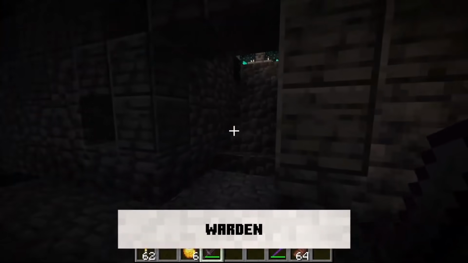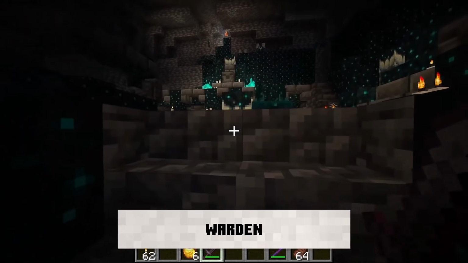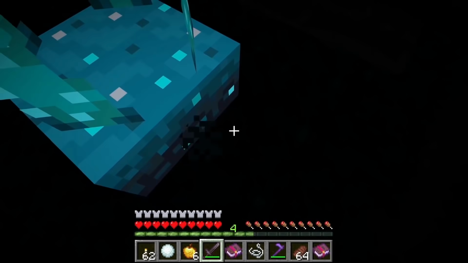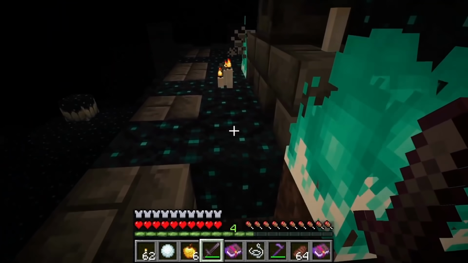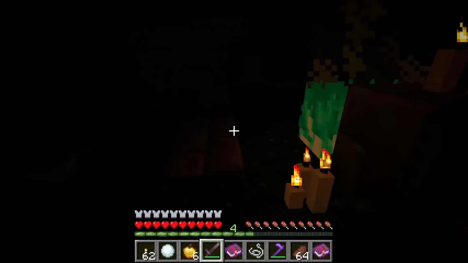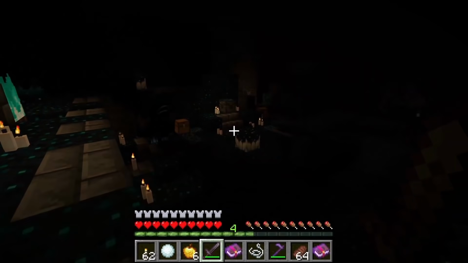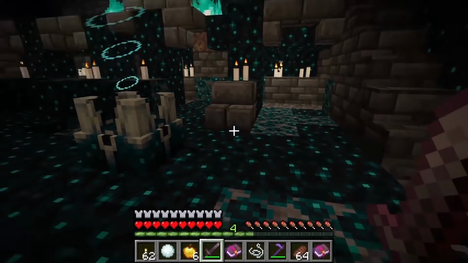The Warden mob now has a sense of smell and can sniff out players if it gets close to them, rather than just relying on sound and vibration as it did before. But it's not going to just exist or spawn in like normal mobs. If you want to find the Warden, or more appropriately, awaken the Warden, you must set off several sculk shriekers,